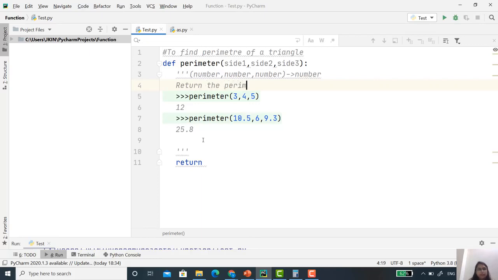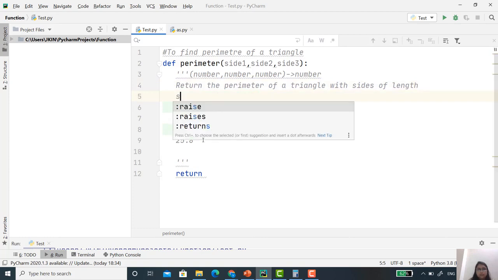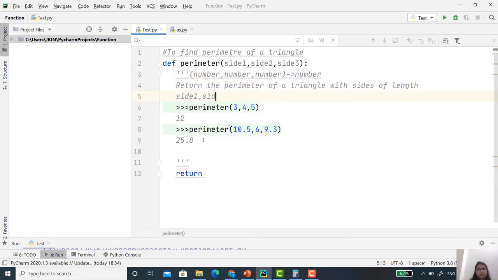Simply it will return the perimeter of a triangle with sides of length side 1, side 2, and side 3. So here if you see carefully, I have covered the function name as well as the argument names side 1, side 2 and side 3.